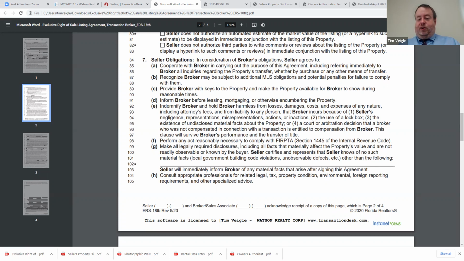Indemnify broker and hold broker harmless from losses, damages, costs, expense of any nature, including attorney fees and forum, liability to any person that broker incurs because of one, seller's negligence, representation, misrepresentation, actions or inactions, the use of a lockbox, the existence of undisclosed material facts about the property, or a court or arbitration decision that a broker who was not compensated in connection with the transaction is entitled to compensation from broker. This clause will survive broker's performance and the transfer of title. So that's just kind of like a protection part in there, because there's obviously any time you list a house,